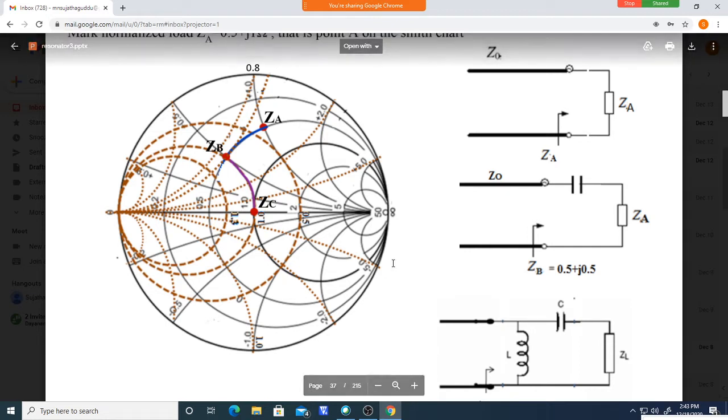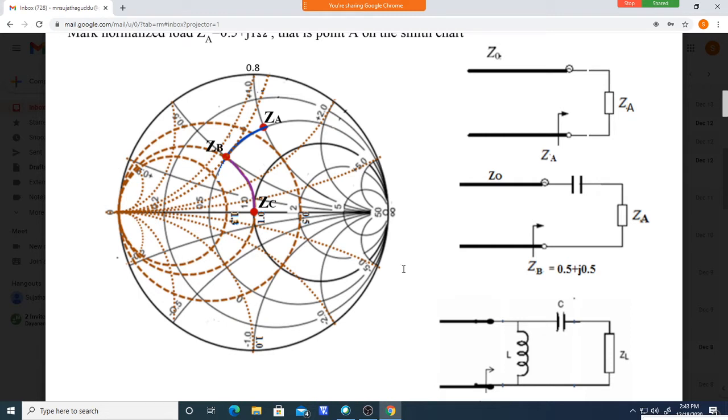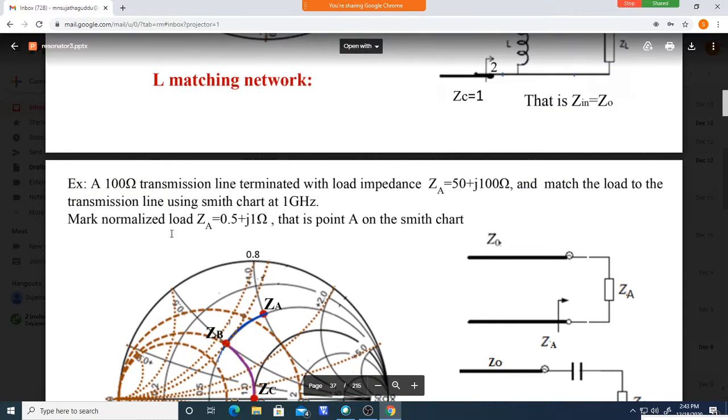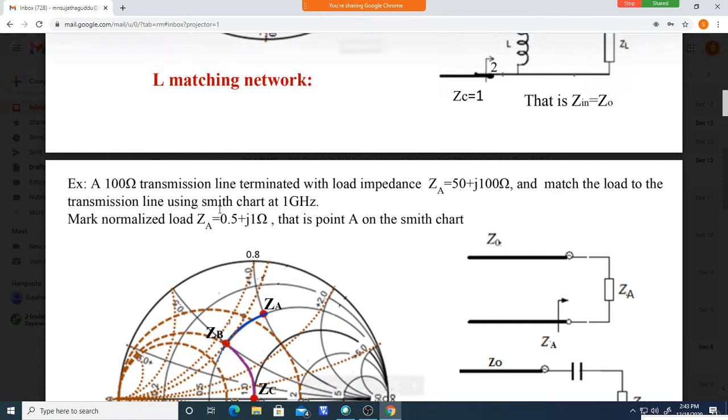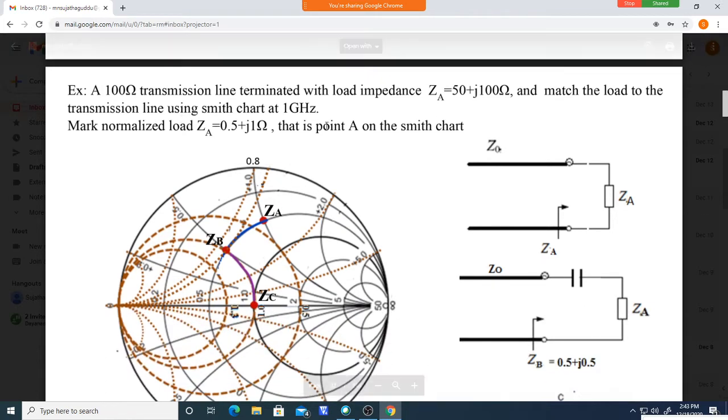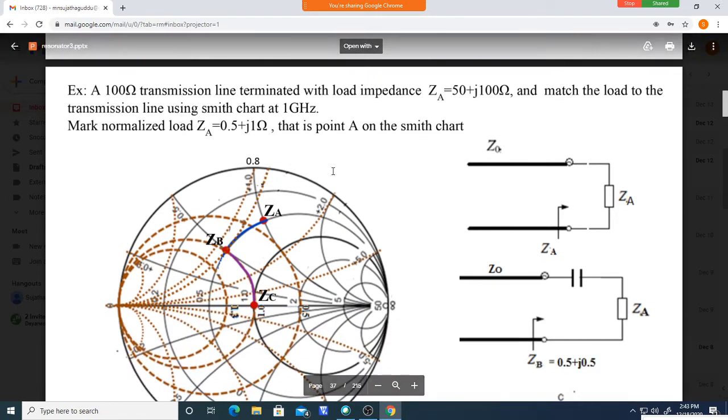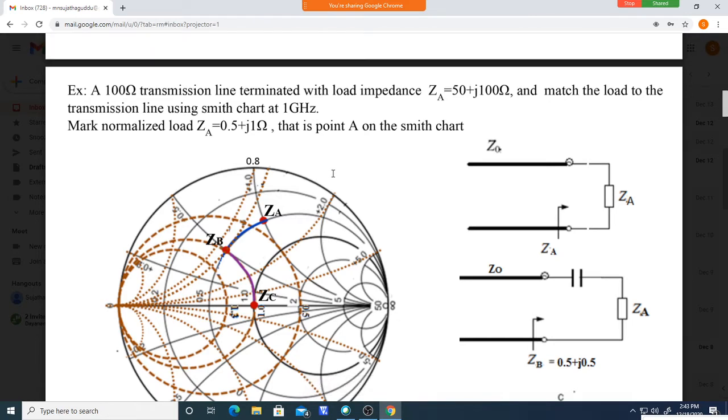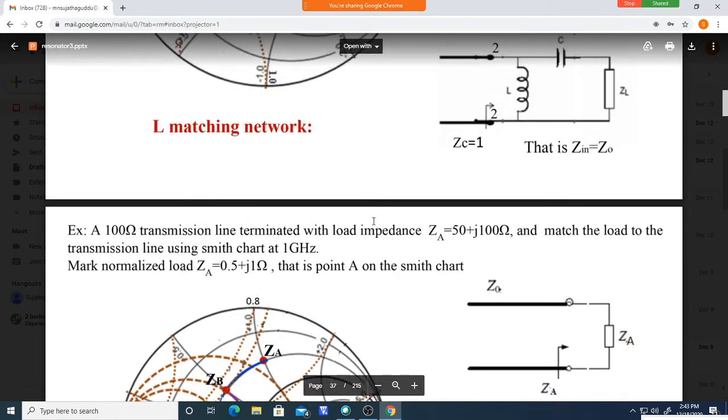I have already given the assignment and also gave the kind of question you may receive in the test, that I have given in the assignment. Data may be different, but a similar kind of question will come in the test. And also here, similar type of questions, you see, like an example, this is an example. The question may be like this, a similar kind of question may come in the examination, the test, for an L matching network.